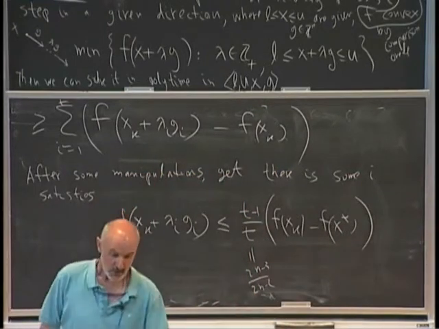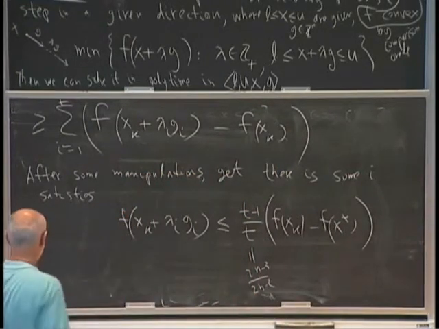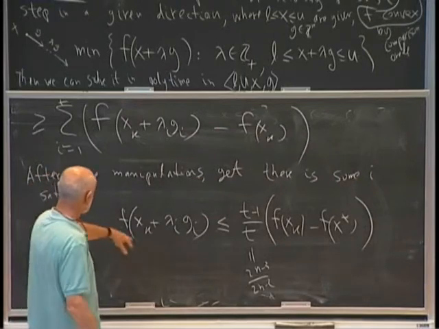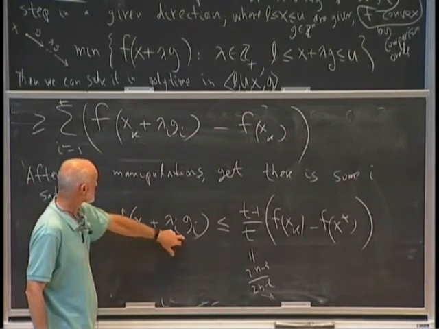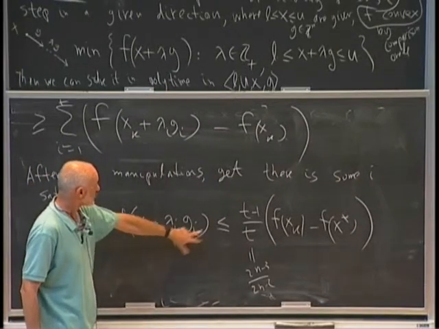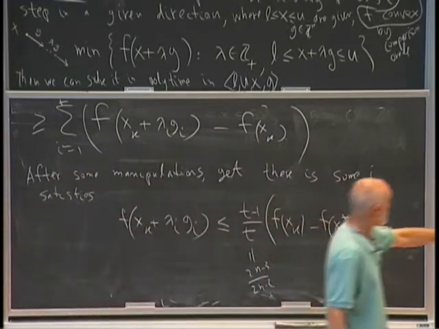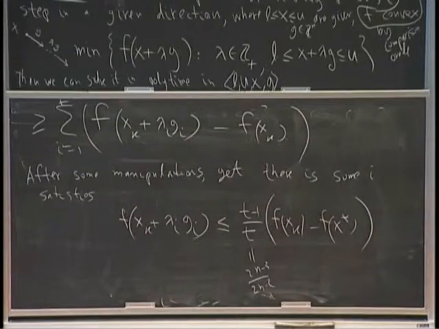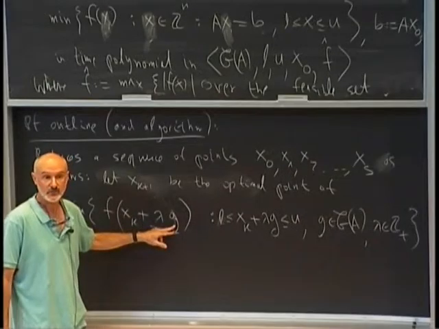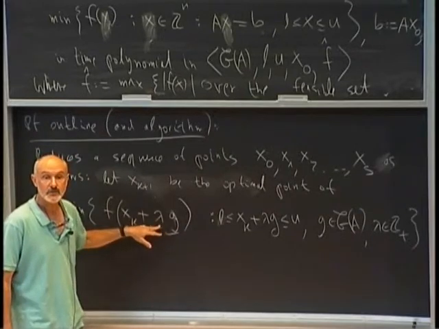So you do the manipulation, then it turns out there is one summand in this sum that satisfies this. But now our algorithm looks for the best possible improvement with some step size and some element in the Graver basis. So the best one here,